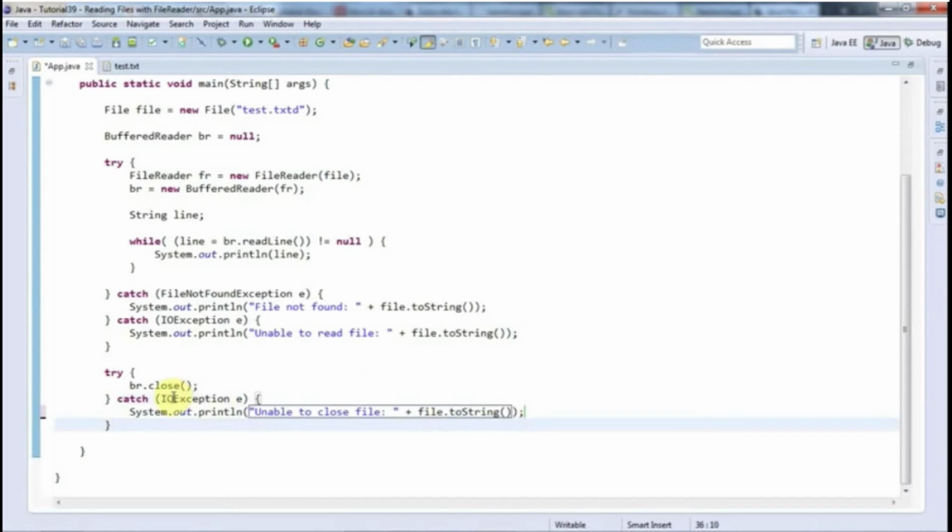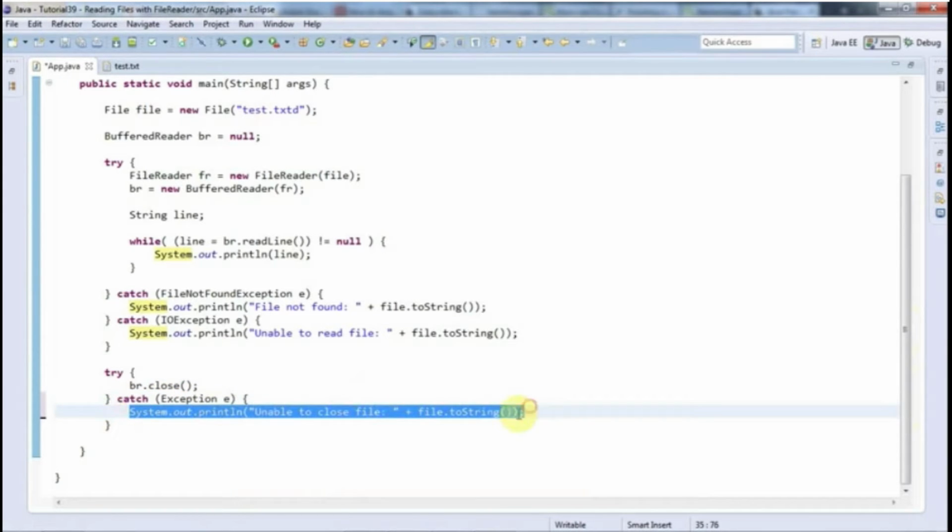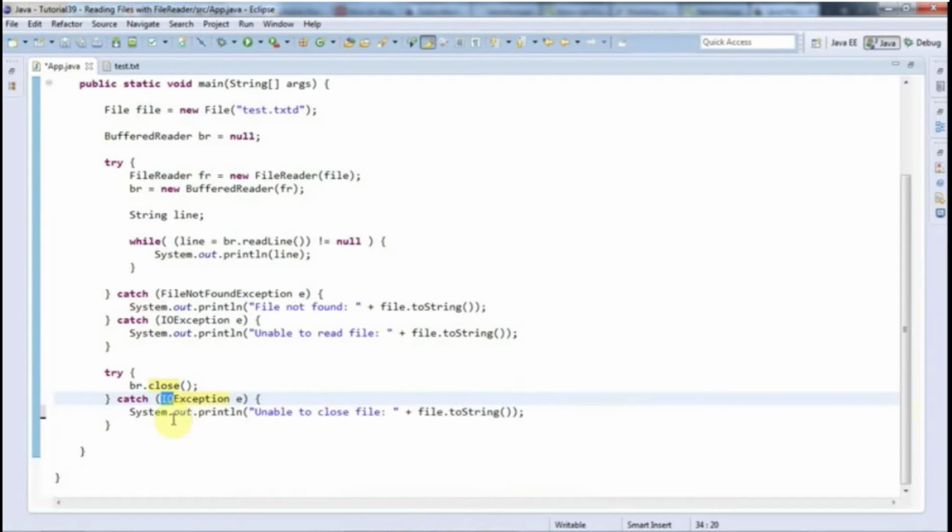And now we could change this to exception, but if we throw a null pointer exception, it would then be caught by this as well, if we had this just like this, but then it would be wrongly saying unable to close file, when in fact the problem was the file could not be opened. So let's not do that. Let's just go here, put another catch in, catch null pointer exception x,